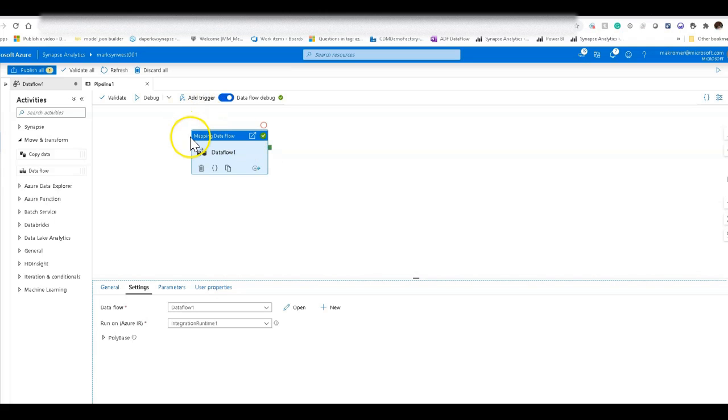I would have saved it. You don't have to save it, but I probably would have saved it and then run it from here. So you're all here within your testing debugging environment. Now, when we issue those commands to execute that debug on the cluster, now you will be able to actually write the data that you're writing to the sink.